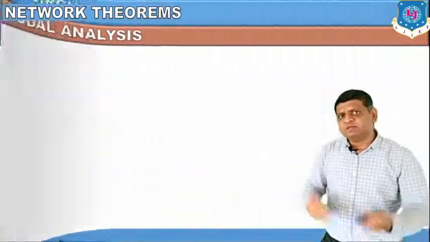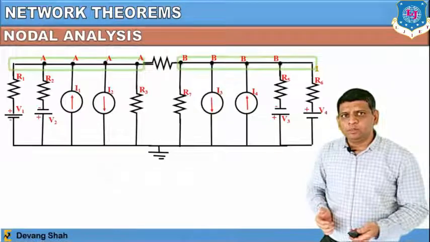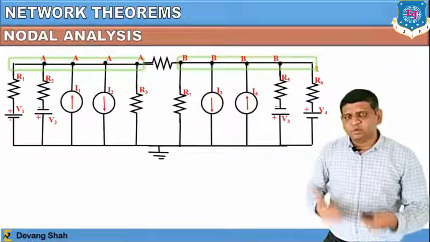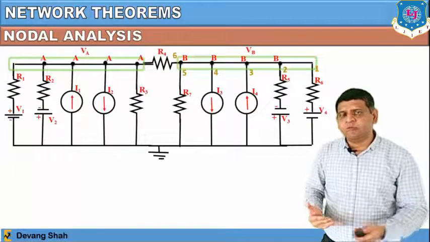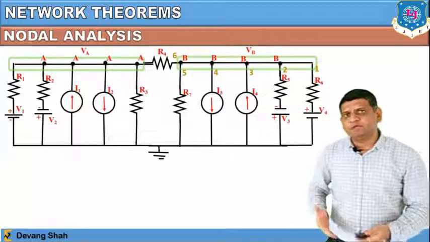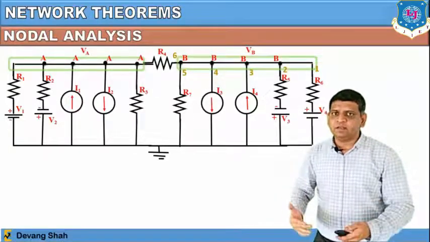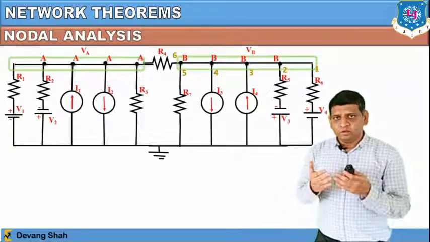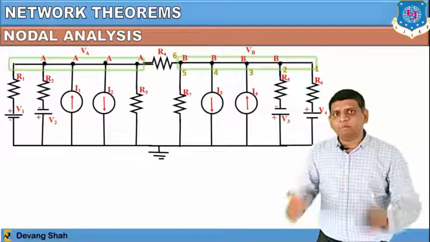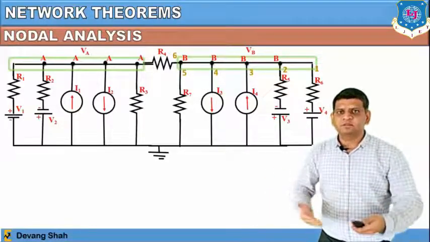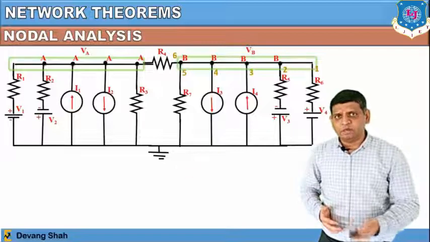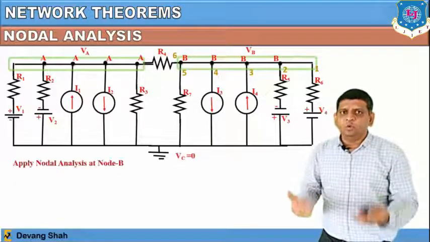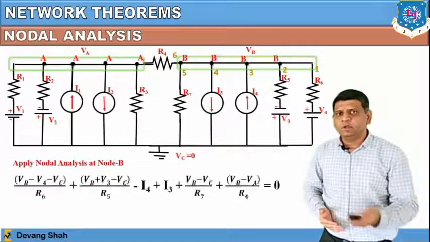Now same way, same formula you can apply at node B, and again once you consider as a node B, so that means you have VB, right? And again you have to figure out how many branches are connected at this particular node. So if there are n number of branches, there are n number of current terms you will find in this nodal analysis. So you can see here, once you apply nodal analysis at node B, you can find the complete